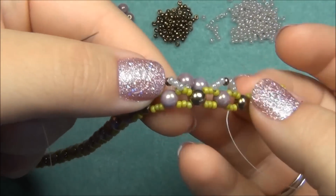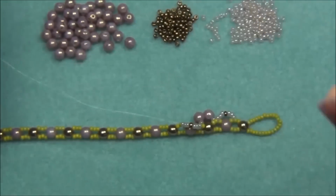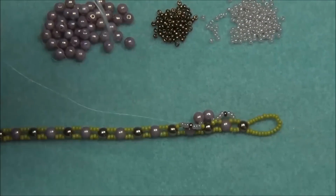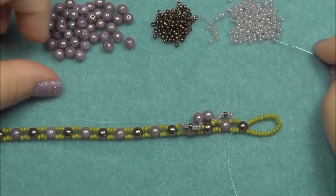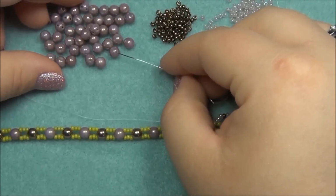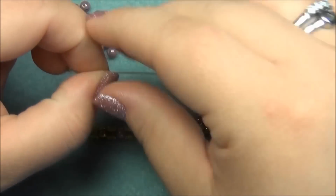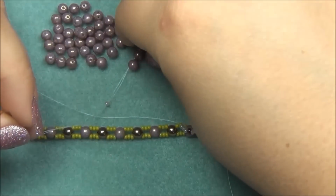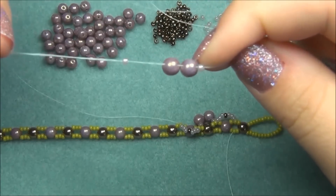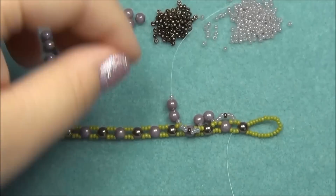Okay, set this back down. I'm going to take the same needle, and I'm going to pick up an 11/0 seed bead and 2 round duos. I'm fixing to call them rondelles. 2 round duos and another seed bead. Okay, so just like this, an 11/0, 2 round duos, and an 11/0. Slide these down,